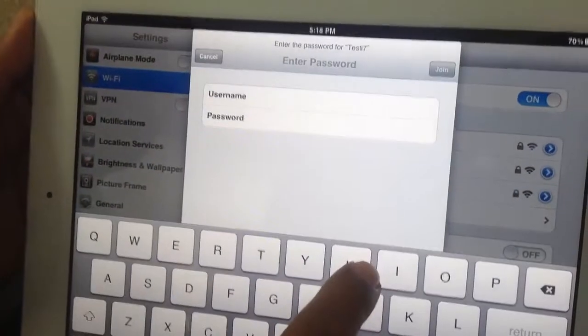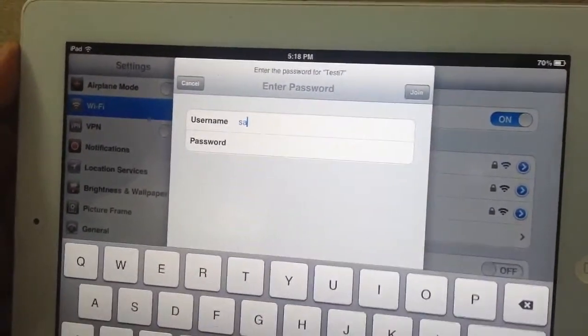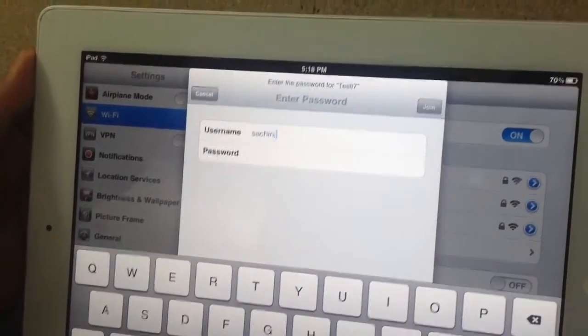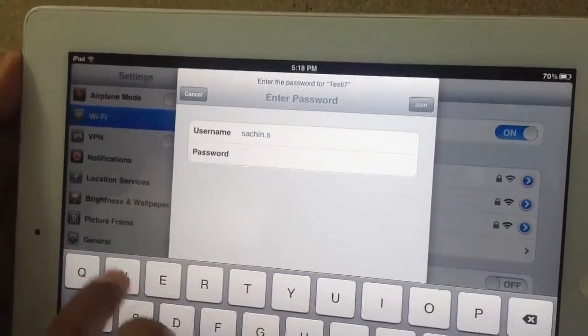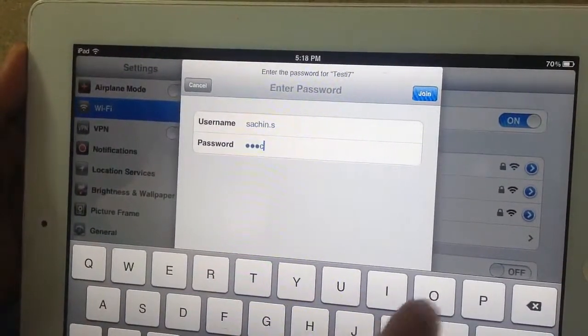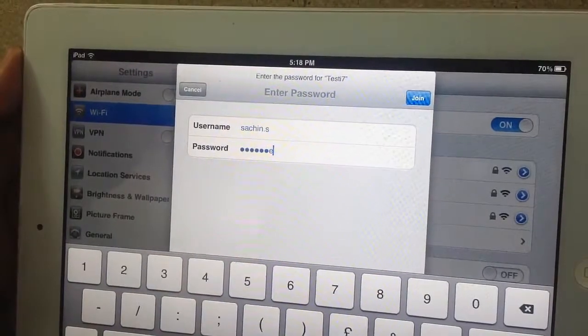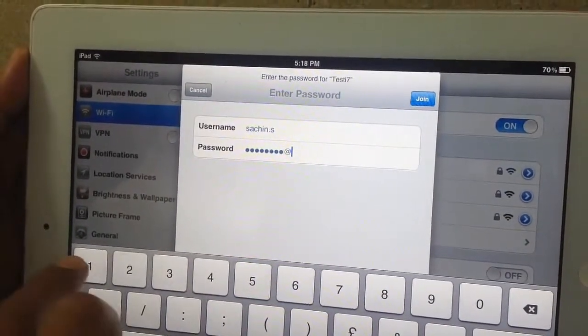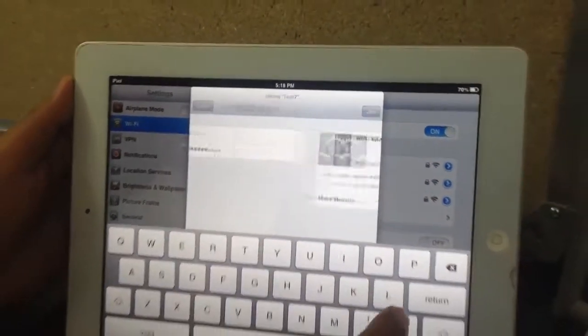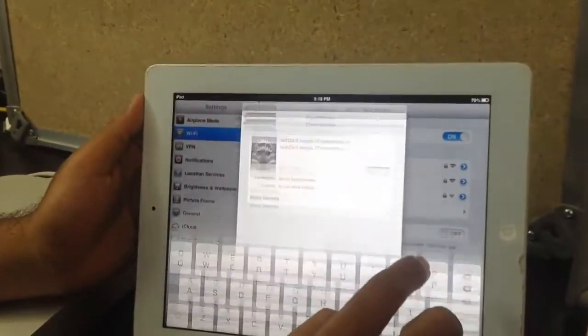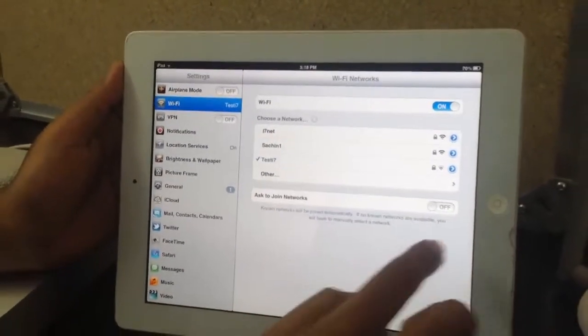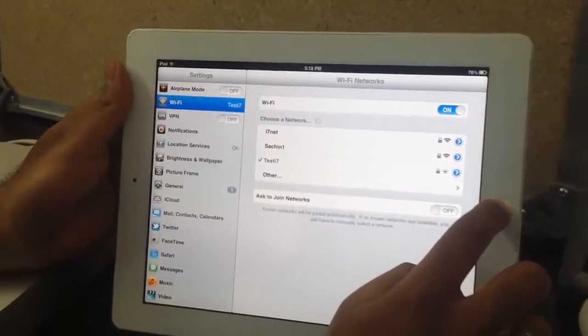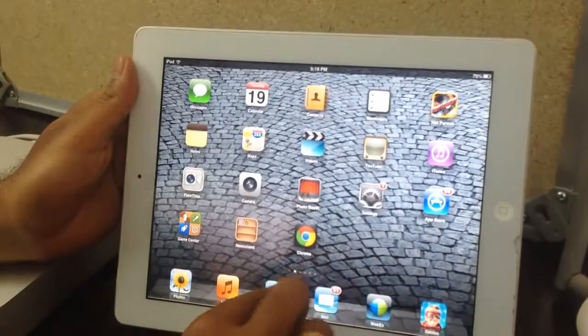So we are trying to log in as a user who is not a guest. The username is Sachin. And we will try to access both internal and external resources.